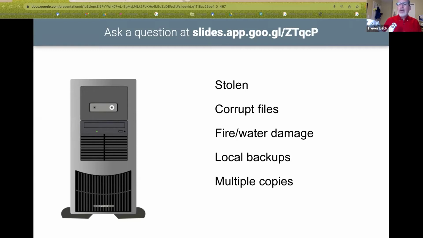And then I'll have someone say, well, we've got backups. And I'll say, well, yeah, we've got a backup. Where is it? Well, it's right beside the hard drive. Well, guess what? That can get stolen and can have fire and water damage encrypted as well. So having a backup is one thing, but having a backup that sits right beside the computer is kind of not the best choice.